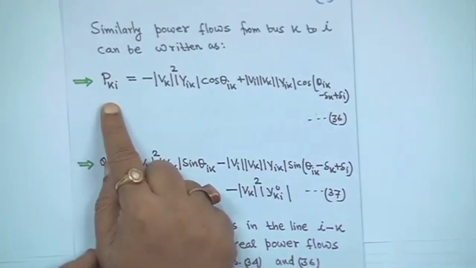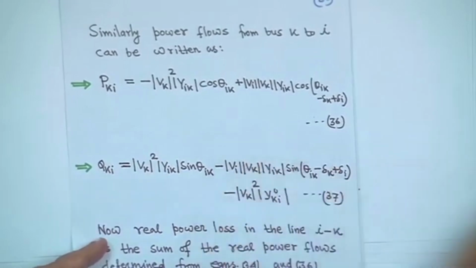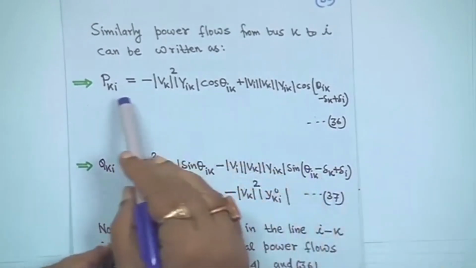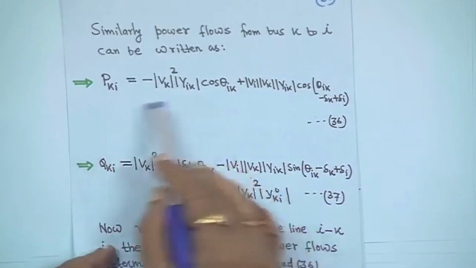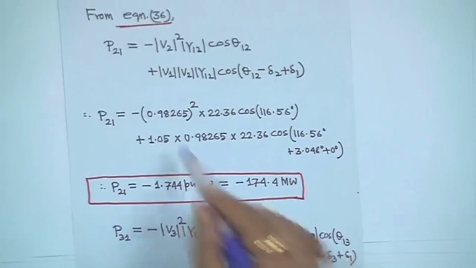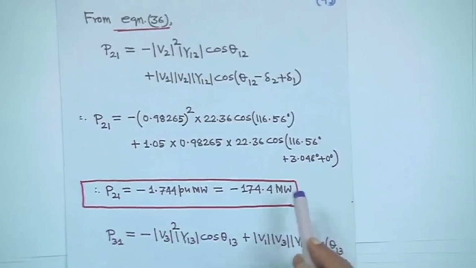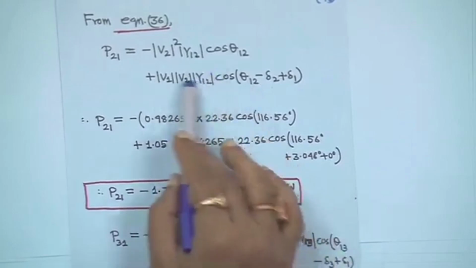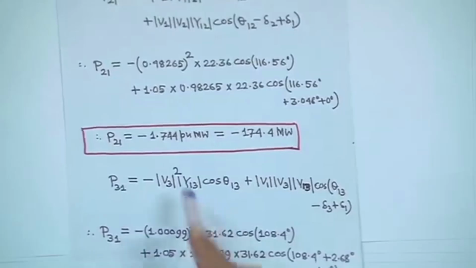Okay. Next from equation 36. Equation 36 is the expression for Pki, that was Pik, and this is your Pki. So, this is the expression for this thing. Here also find out P21, like k is equal to 2, i is equal to 1, in this expression you substitute. If you do so, that will be the expression for P21, that is equation 36. So, at all the parameters you put here, then you will get P21 is equal to